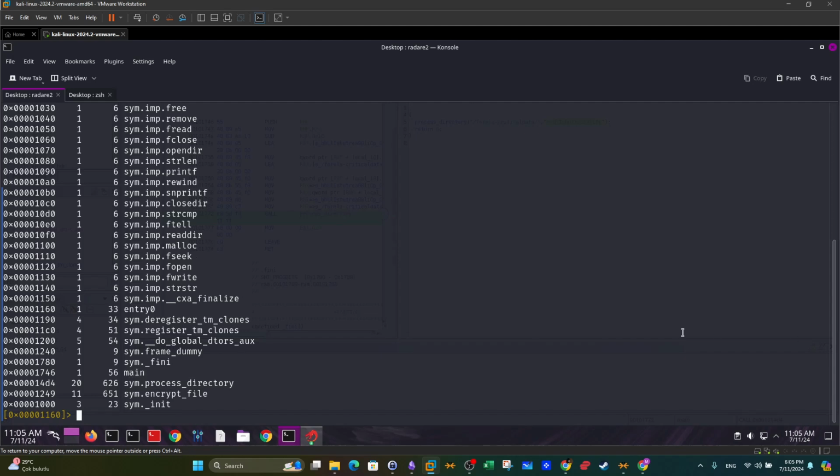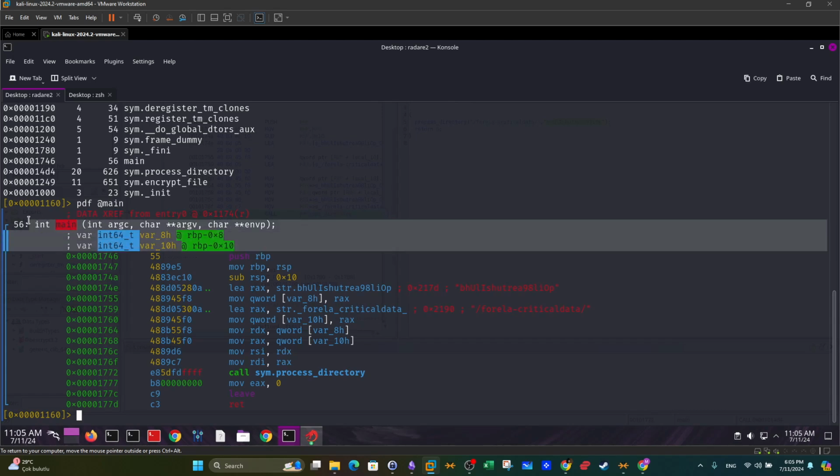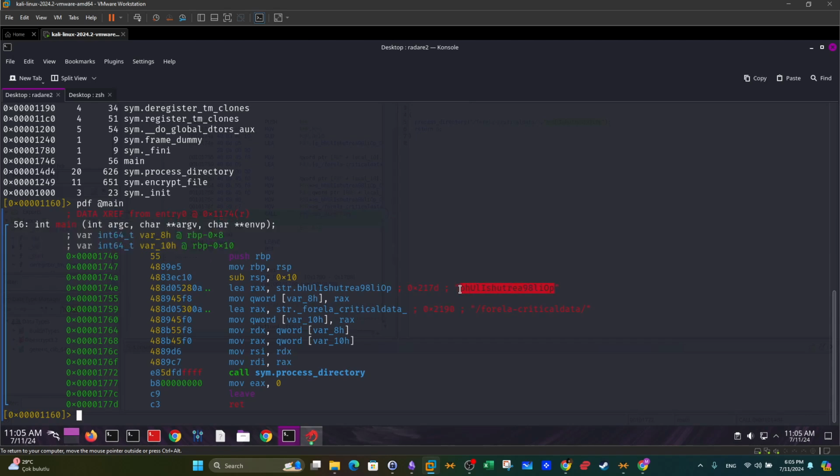We can start with the main function by printing its contents. So pdf at main will print out the contents of the main function. Here we can see the declarations or the prologue, and we can see the string, known as the encryption key, being defined here, and it's loaded. The effective address of this was loaded via lea and stored under the RAX register. Then the contents of the RAX register, which was supposed to hold the encryption key, are stored under this variable,